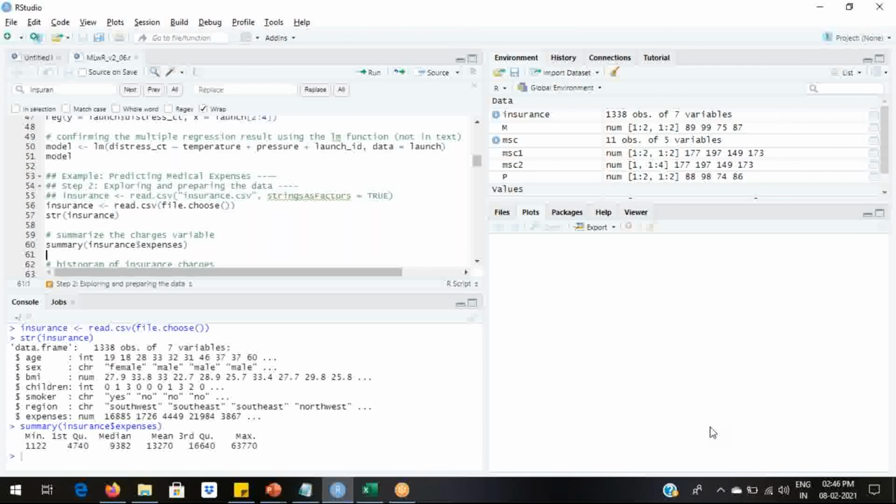Okay, I will tell you. If we use the inbuilt summary function for character data type variables, then it will return the frequency of each unique value in that variable.